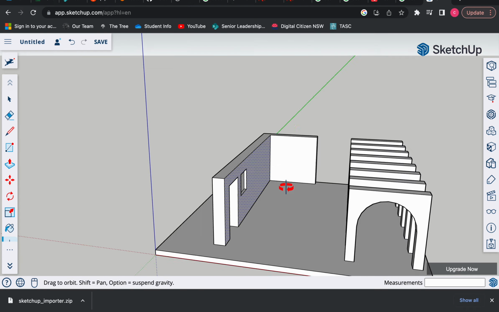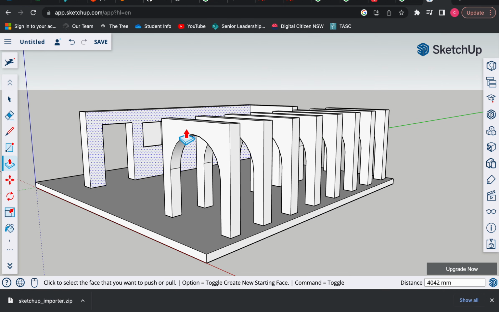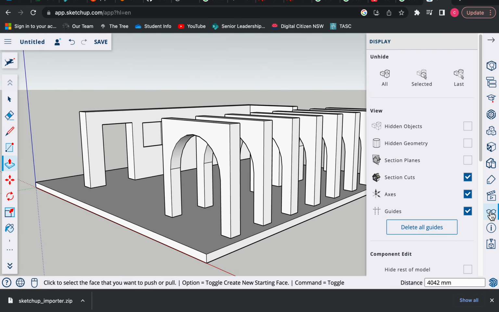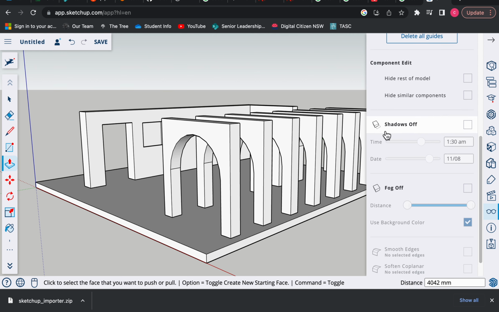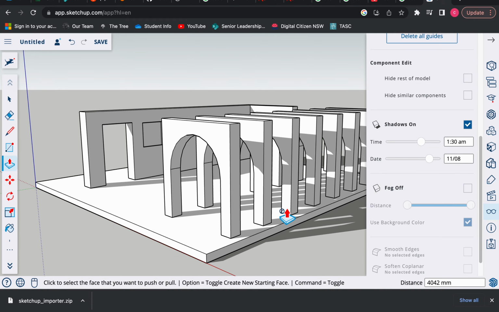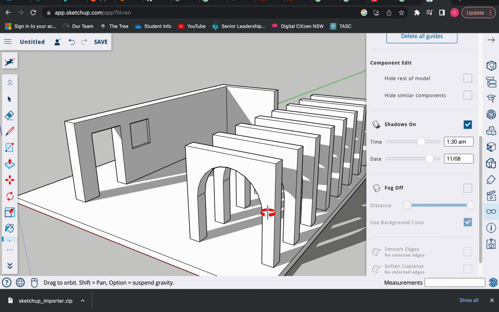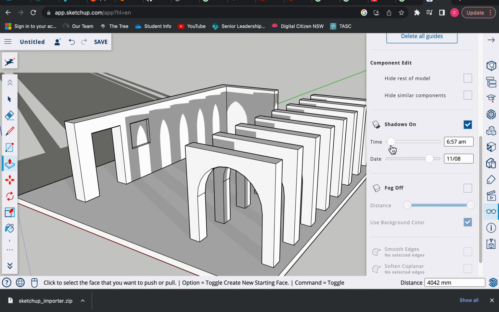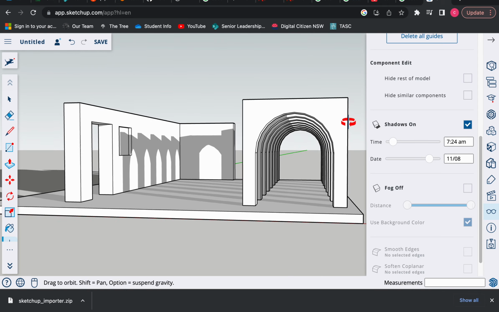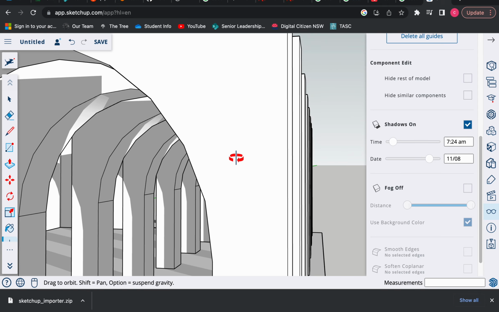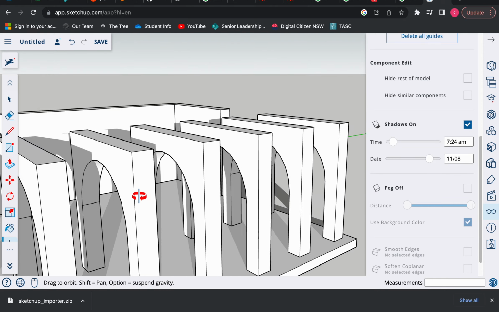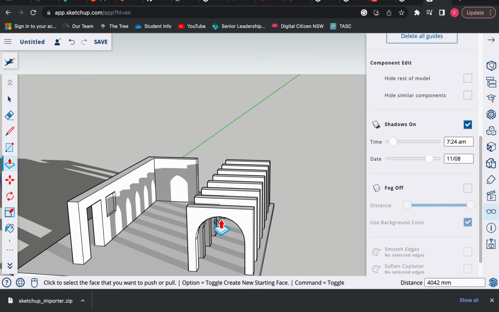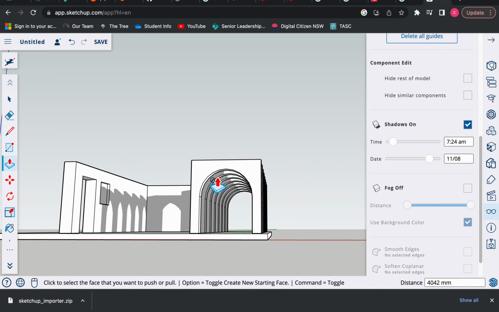So have a mess around with this today, get the feel for it. As you're going along, you can come down here and click on the goggles, and they will bring up this tab where we've got shadows off. So it's a bit of extra fun. Once we start to turn shadows on, things start to really come to life. You can dial in the day and the time, and you can start to get some interesting lighting happening with your scene, just to get a feel for how it's going to work. But we will relight it in Blender once we get there, okay? So you don't need to stress about lighting too much for the moment,